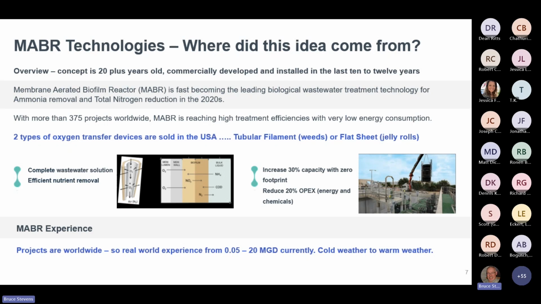There's many plants installed worldwide now over the last 10 or 12 years. So we have a breadth of experience, everything from 5,000 gallons a day up to about 20 million gallons a day currently operating. Cold weather, warm weather, tropical, mountain, seacoast, middle of the country, everything all over the world. We've got a lot of these overseas in the Far East, and we've got more installed in the Caribbean and in America. We're working on some in Canada. We're working on others in other parts of the world as well,